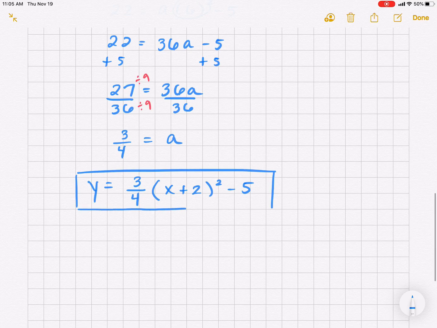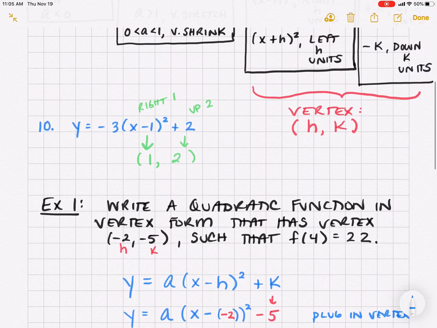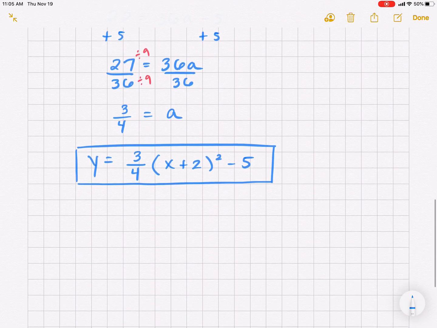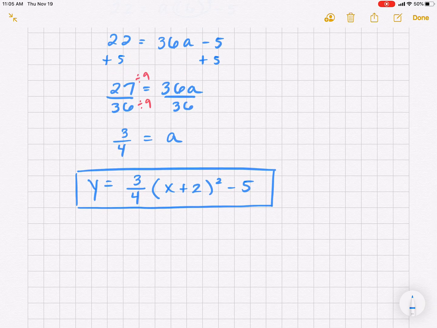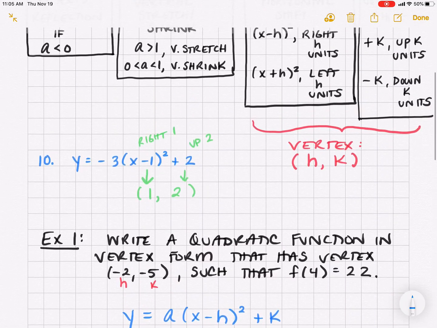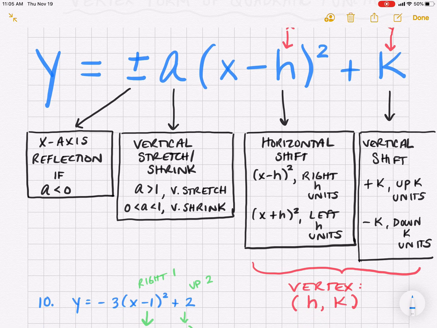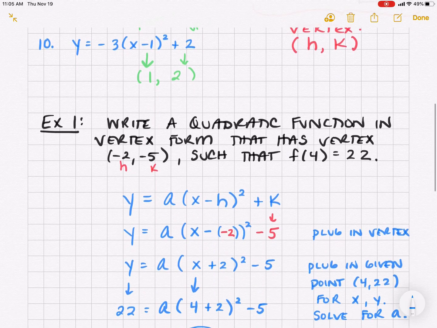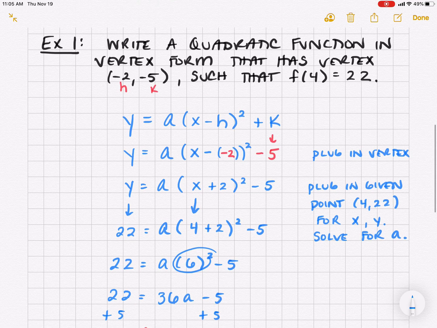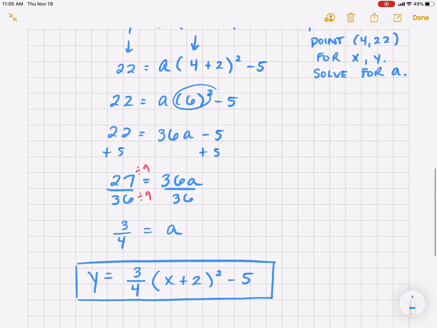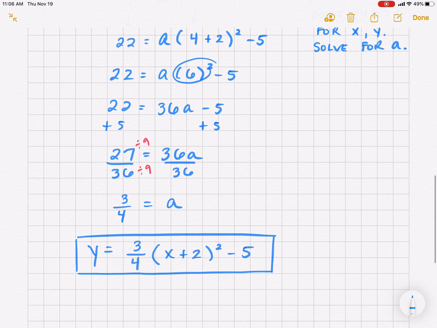So that's the basics of, let's kind of run back through what we just talked about. Oh, sorry about that. Go ahead and write that down. The basics of what we just talked about was what vertex form looks like, what all the different pieces of vertex form tell you about the way that the parabola has been transformed. And then finally, we did an example of given a vertex and a point, we can write an equation in vertex form. We'll pick up in class on how to graph